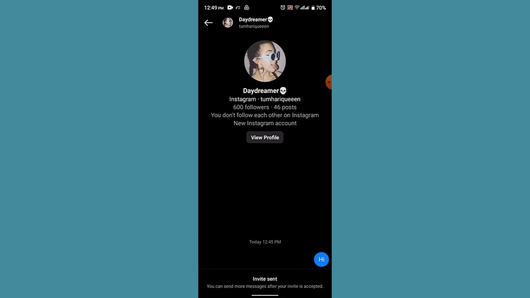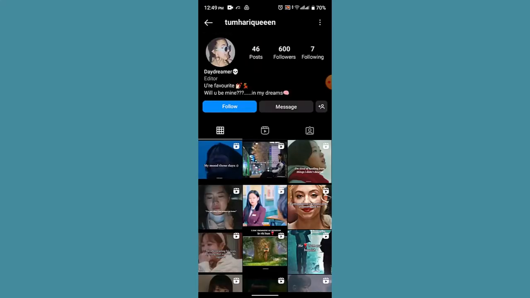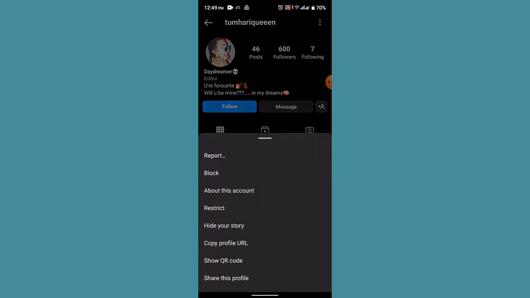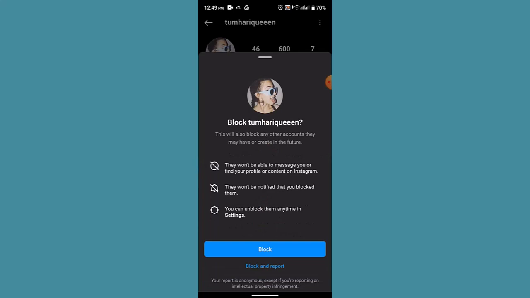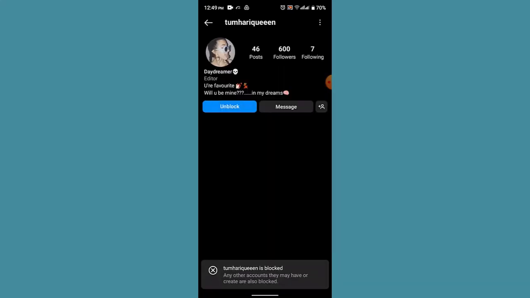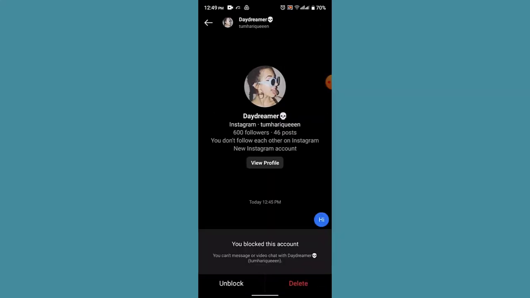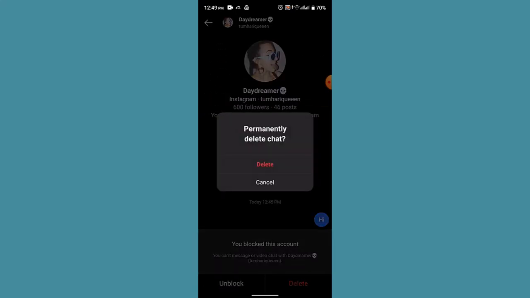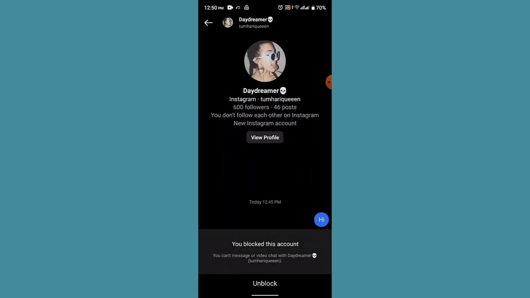Now in order to unsend or remove the invite link, there is no other alternative apart from blocking them. So for that you need to click on view profile. Over here click on the three dot icon located right on top. After that go to block, and as soon as you do that click on the block button. Now once again go ahead and click on the block button. So now click on the delete button once again after you've blocked this contact. As you can see, the message will be deleted, and that is basically how you can unsend invite messages